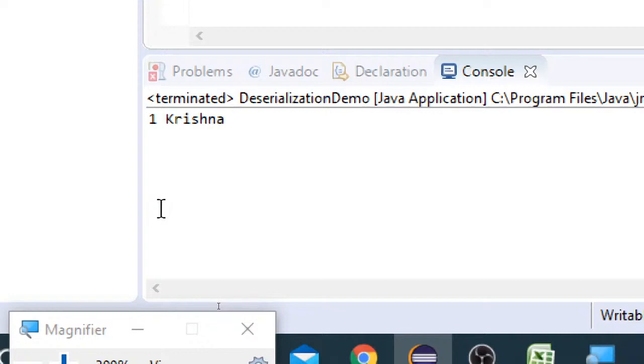stream. So whichever objects you want to have serialization, that particular class should implement serializable. Just remember the points.